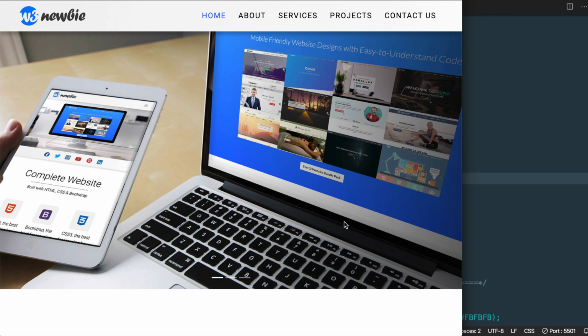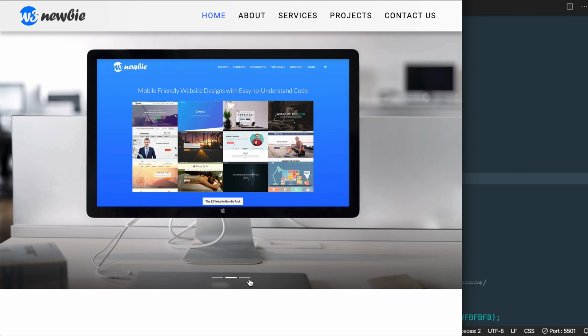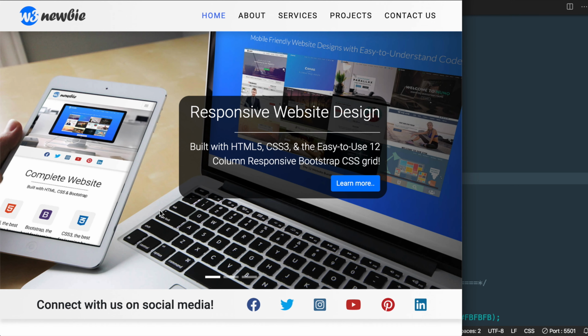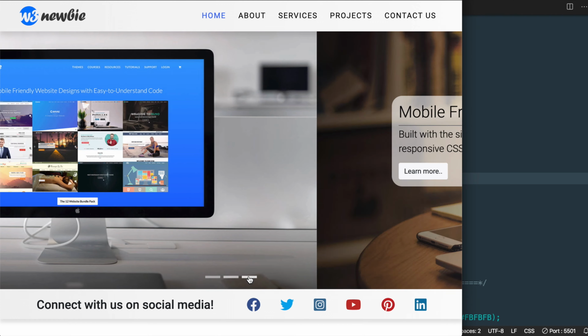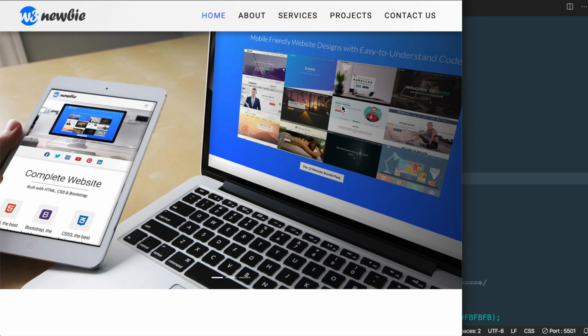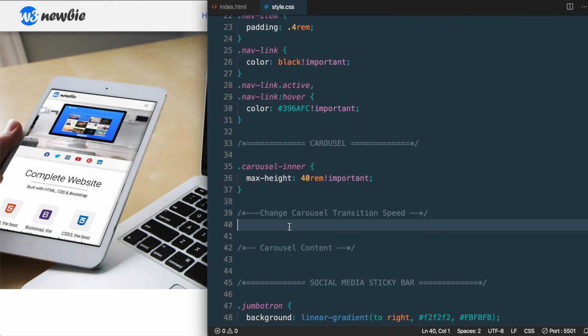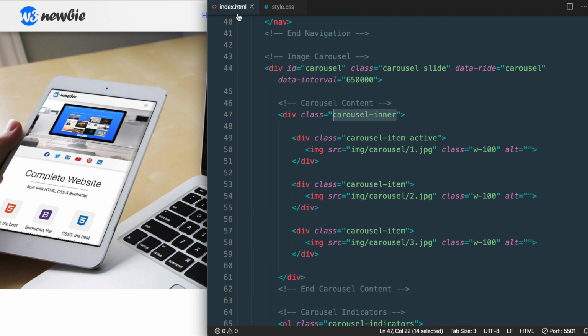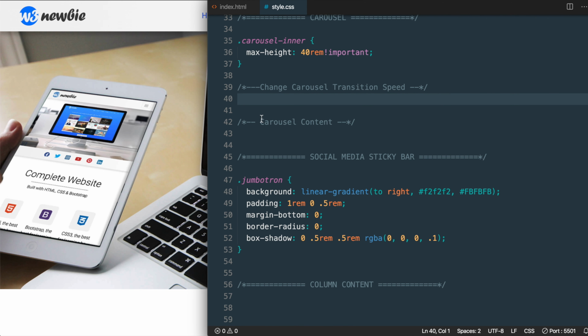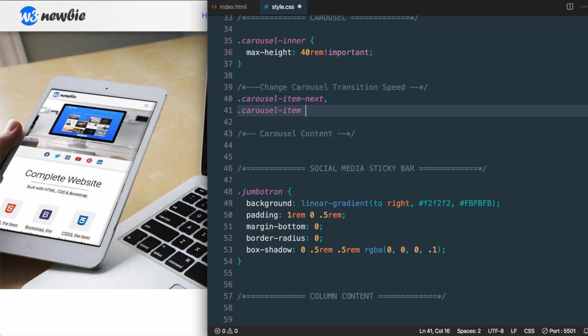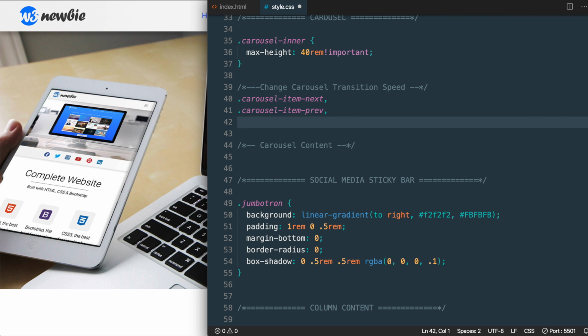Next, let's change the transition speed between slides because it's kind of quick right now, as you can see, compared to the original, which has a bit more of a smooth transition to and from the slides. In order to target these, we'll need to reference classes that we haven't added in our HTML, but that will start with the carousel item class in addition to targeting carousel item active. So we'll want to target carousel item next and carousel item previous, then the active carousel item. So we'll say carousel item dash next, comma, carousel item dash prev or previous, comma, then the carousel item active class,